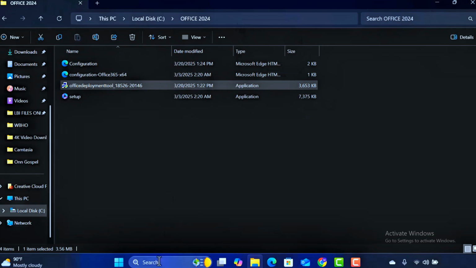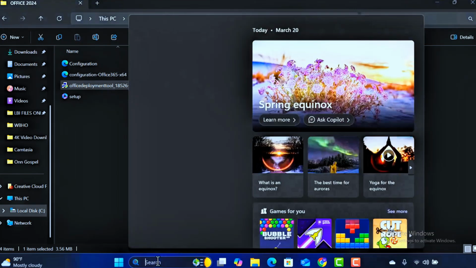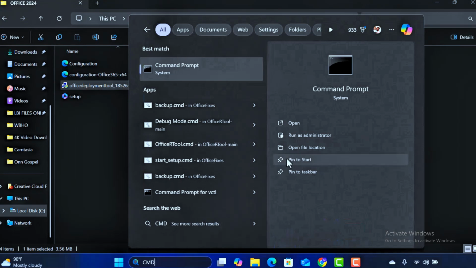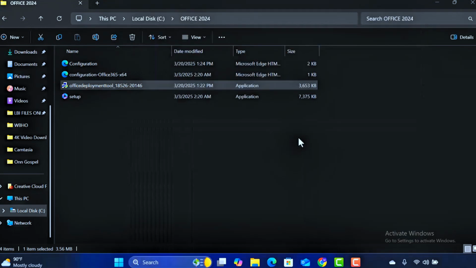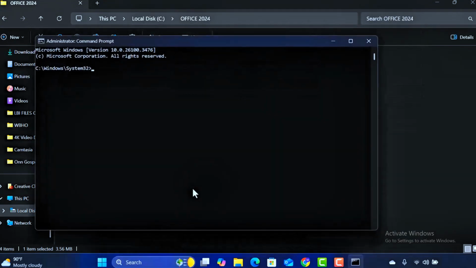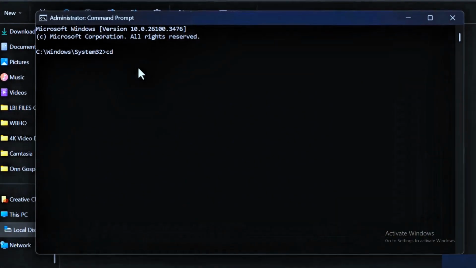Open Command Prompt as Administrator. In the Command Prompt window, type CD with a space. Then right-click and paste the copied folder path. Press Enter. Now, start the installation by typing